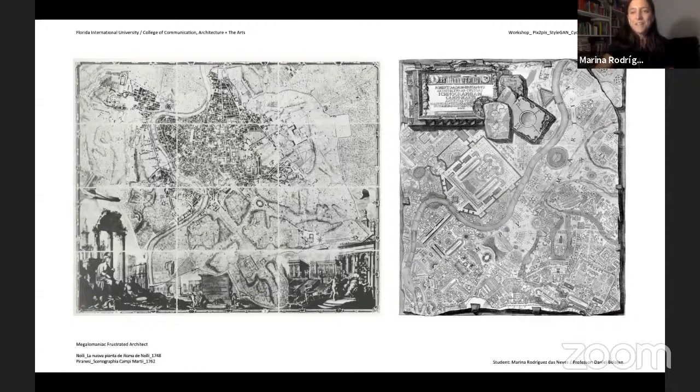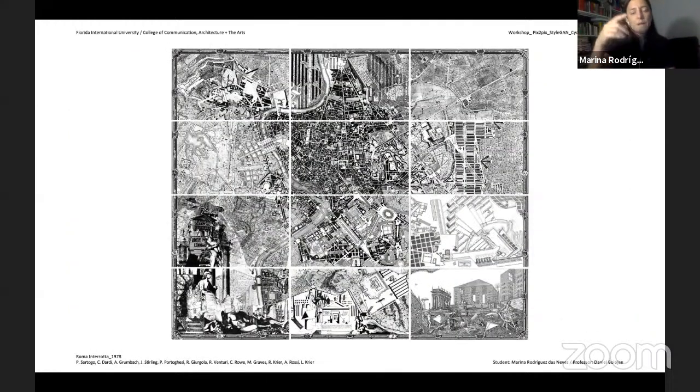So their designs. The first map is Nolli's map, which is more a cartographical study of Rome with the public spaces. And the second one is a Piranesi map. And where I go with this, at least I'm trying to make an image of my thoughts, but in a way what I studied there is this competition, Roma Interrotta, in 1978, and then you